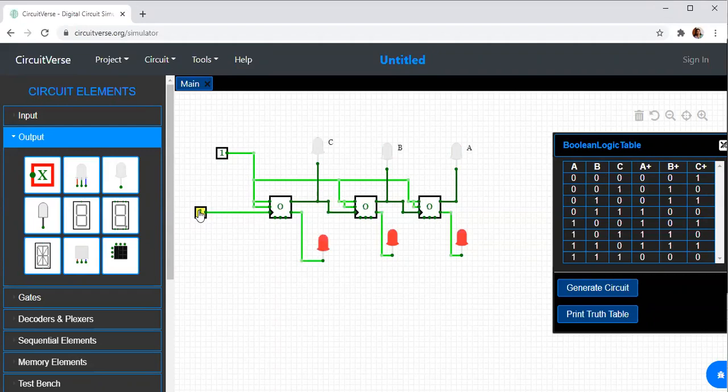I'll just show from 0, 0, 0. So now it is 7, right? After 7, what should be the next sequence? Q bar, this part. Next 7, it should be 0. So I've got 0. What is the next value? 0, 0, 1. Perfect. Next value, 0, 1, 0. Next value, 0, 1, 1. The next value, 1, 0, 0, 1, 0, 1 and 1, 1, 0. In this way, you can design a counter even using JK flip-flops.